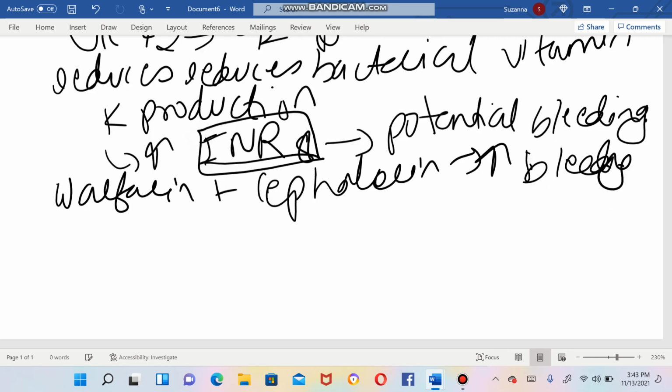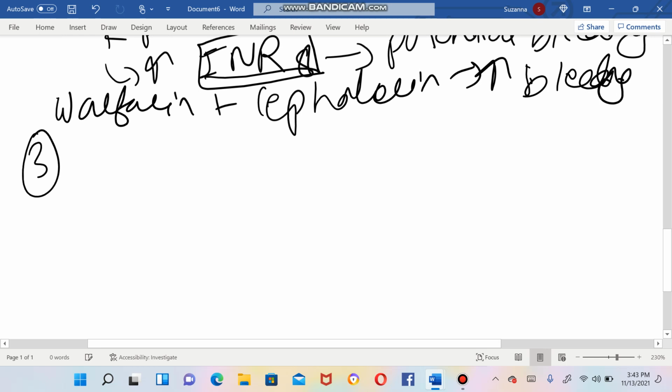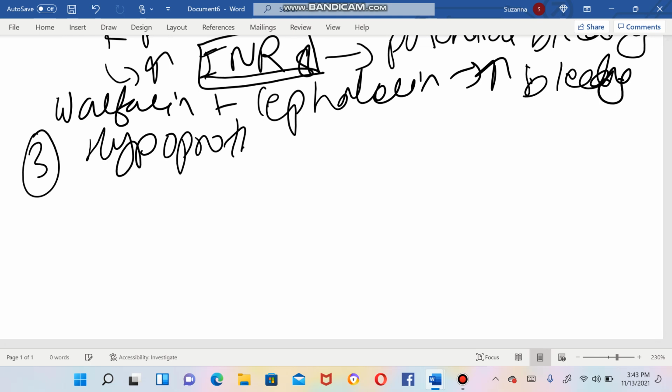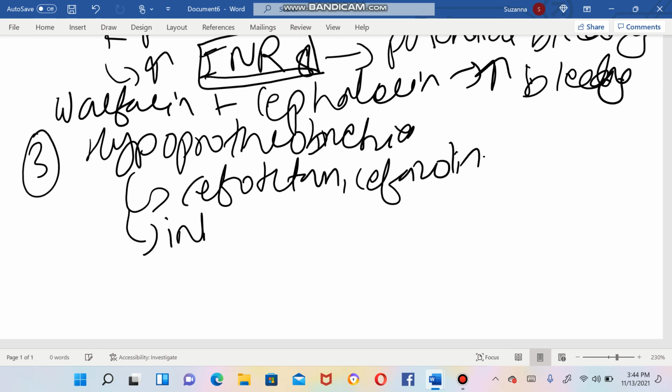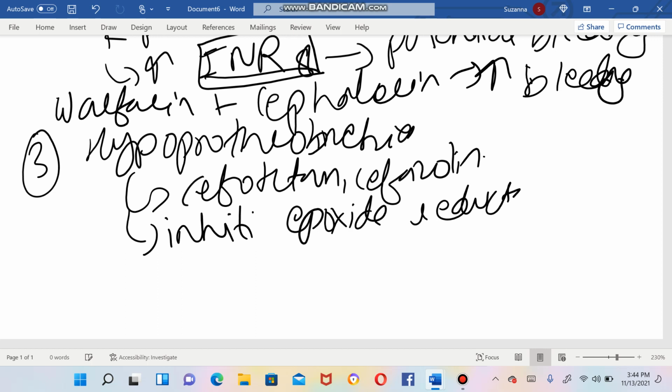Another side effect of this generation of cephalosporin is hypoprothrombinemia. Mostly cefoxitin and cefazolin have this kind of side effect. It inhibits the epoxide reductase enzyme. Another drug also inhibits epoxide reductase. We have studied